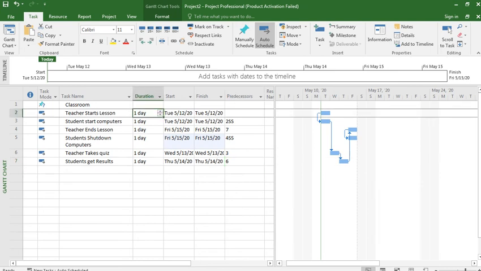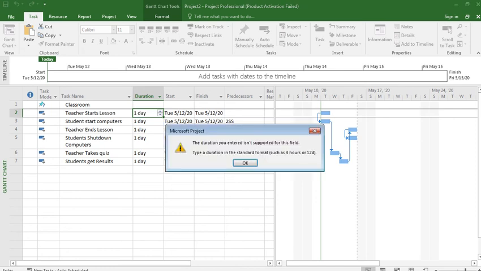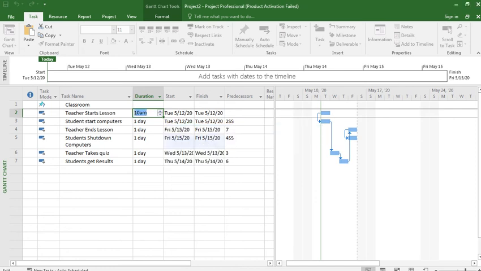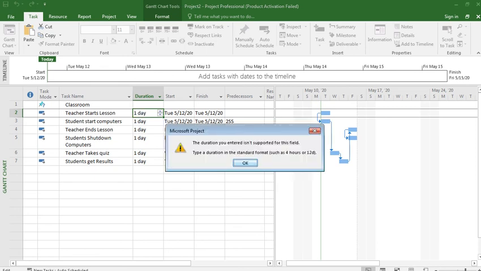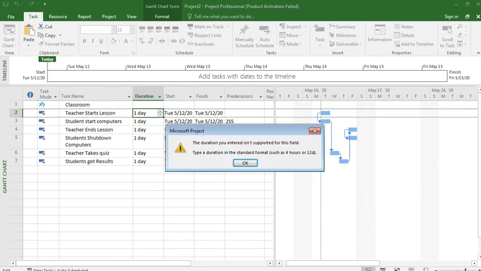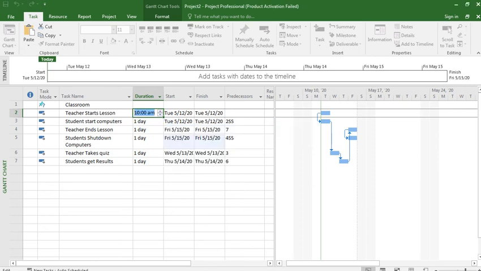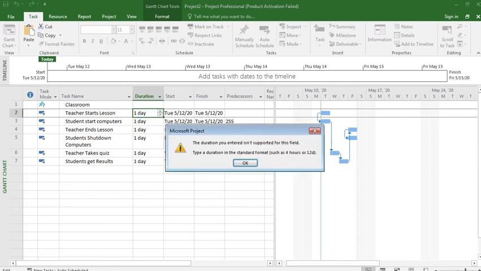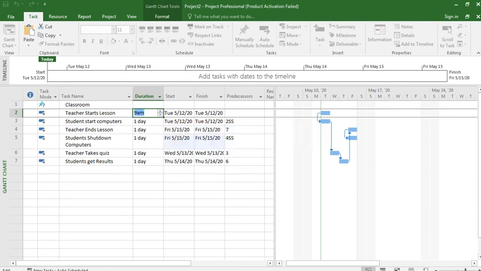For example, teacher starts at 10 a.m. Let's see, 9 a.m. Okay, right.